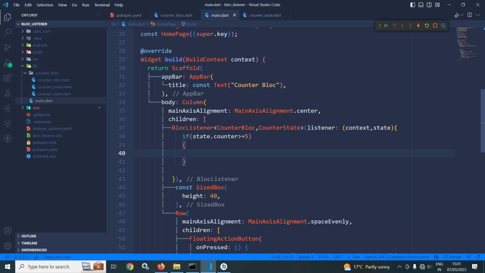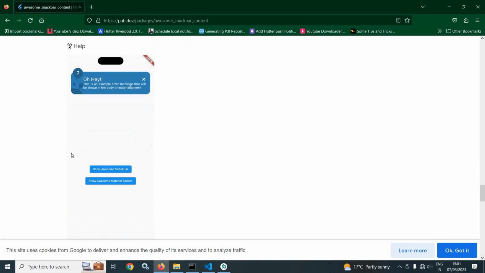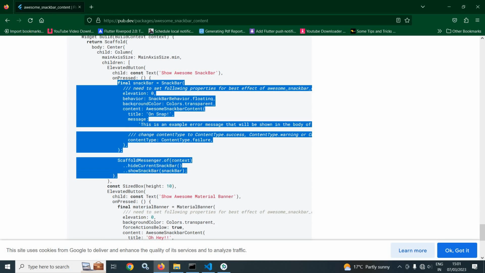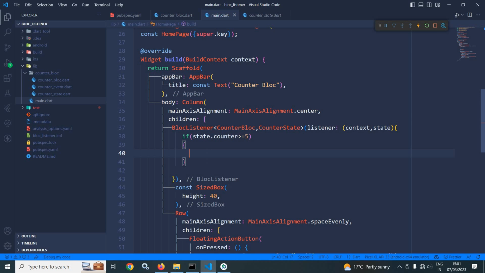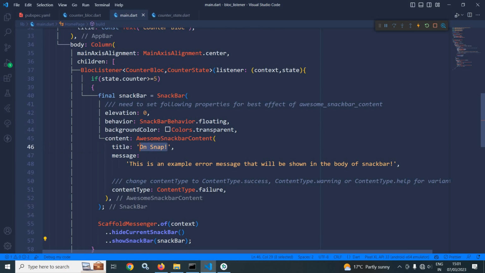As I told you, this Bloc Listener does not rebuild the UI, but we can show a dialog or snack bar and we can navigate to a different page. So my condition is that whenever the value of counter is greater than 5, at that time I will display the snack bar. Let me move to this particular site, and from here I will just copy the code. Let me copy this and I will paste it here,